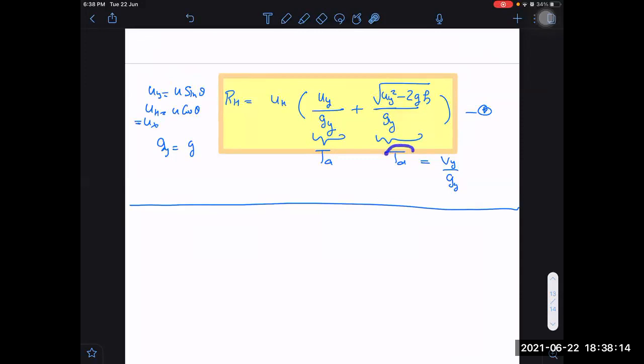Sir, learning the derivation is better than learning the formula, no, sir? Yes, learning the derivation. This is derivation also. It is not understanding the formula concept. Do you think it is a formula? It is a derivation. It is a derivation only. Why is it a derivation?